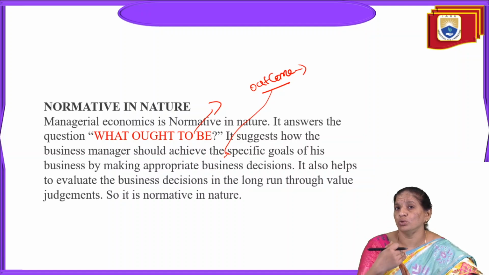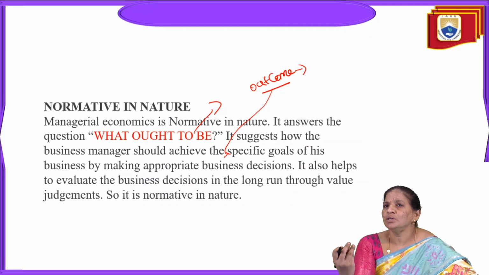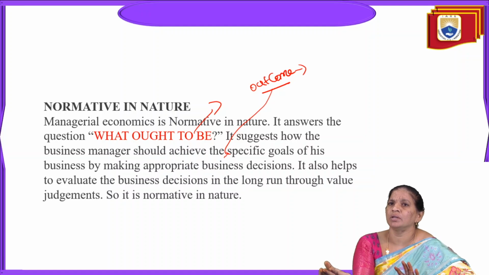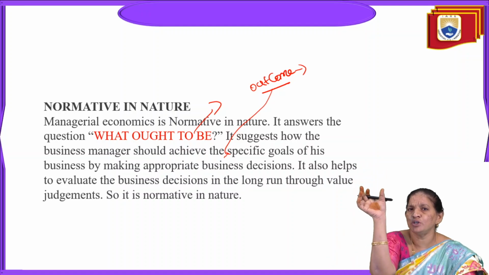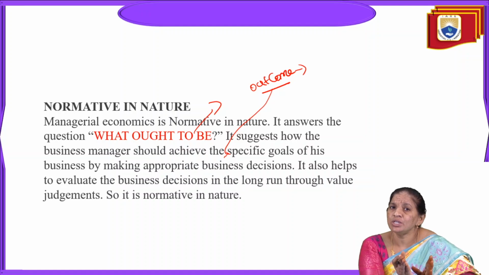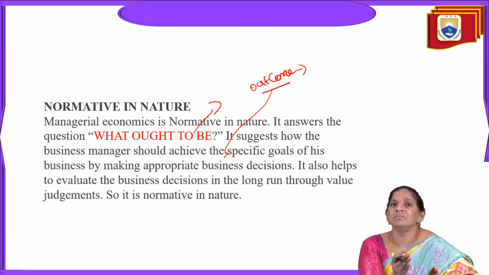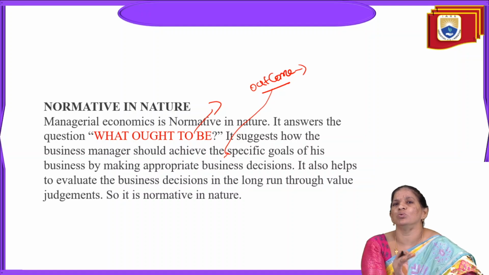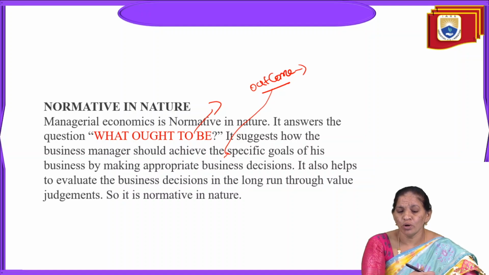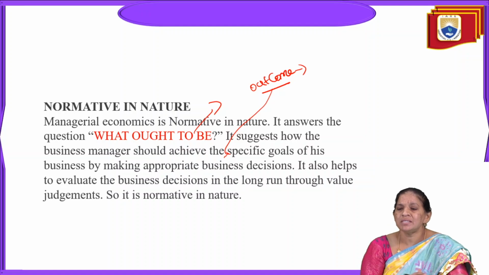Means first we have some goals in the organization. So as a manager, we have to identify what outcome you have achieved in the organization. Based upon that, the main or specific goals you have kept in the business, did you reach them or not? If our decisions are correct and we are going in a perfect procedure in the organization, and decision making is perfect, automatically we reach the goals of the organization. That's why we have to think about what is normative, means normally we have to identify the outcome, that is, what we have to evaluate. Business decisions which we take in the long term must and should have